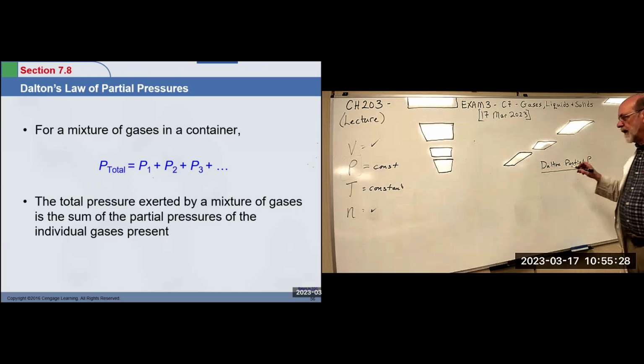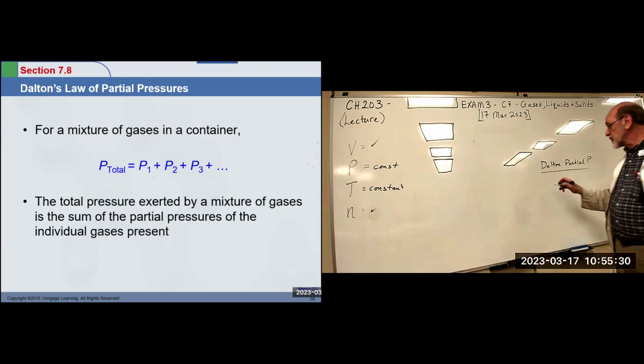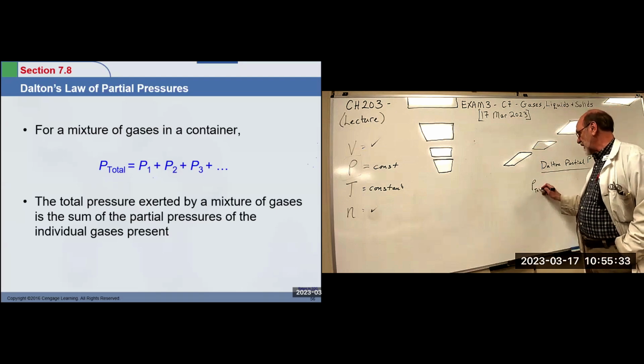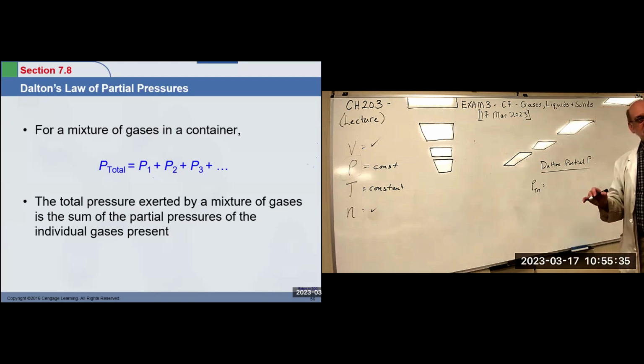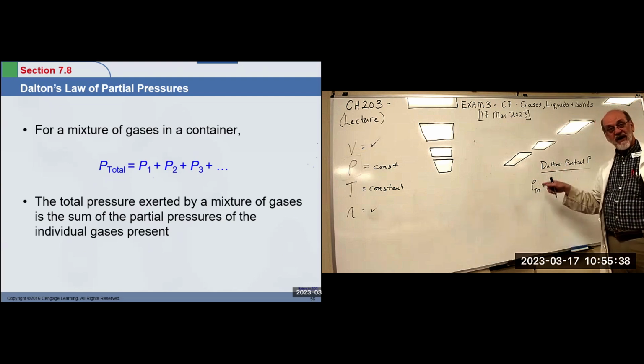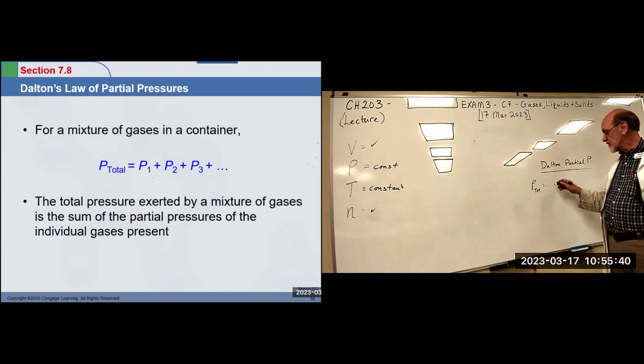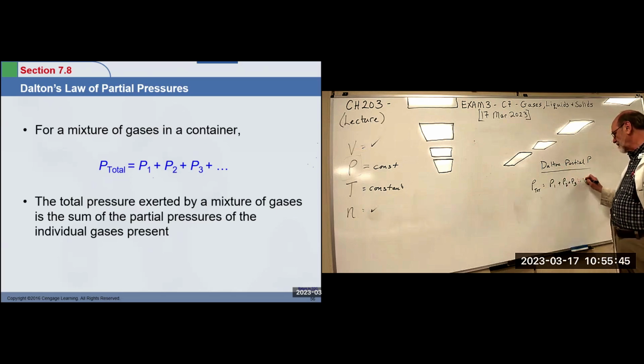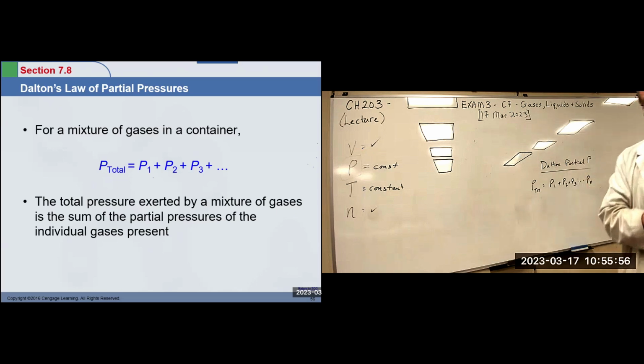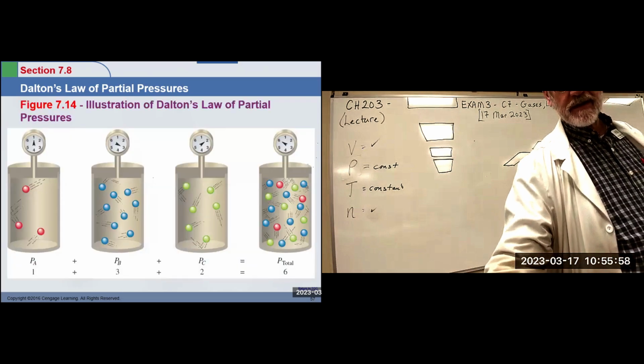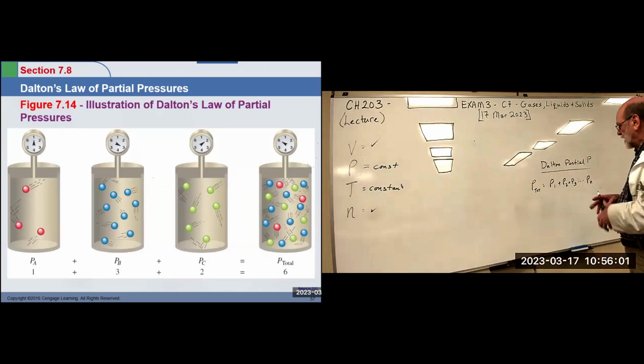Partial pressure. What Dalton said was that when you measure the total pressure of a mixture of gases, it is that pressure because each one of those individual gases exerts its own pressure. Very simple, right? But we can expand it because we know that the pressure in the container is also related